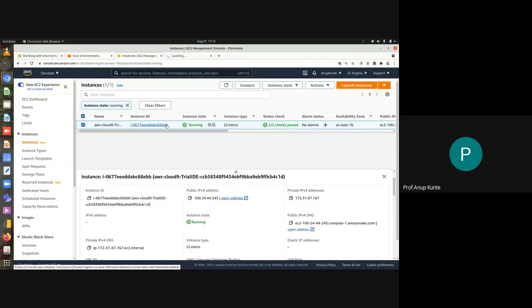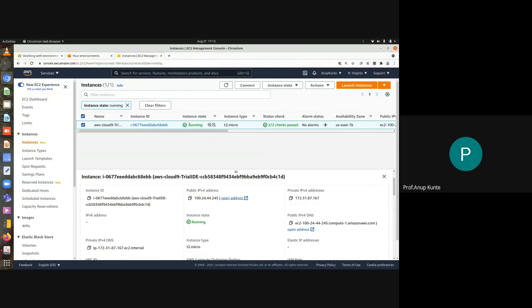Okay, every EC2 instance has two IP addresses. One is the public IP address and the other one is the private IP address. Okay, I can create my virtual private cloud in which I can use those machines for my work, or I can keep it as a public service, or I can release it as a public service as well if I want. Okay, so now let us close this IDE manually.